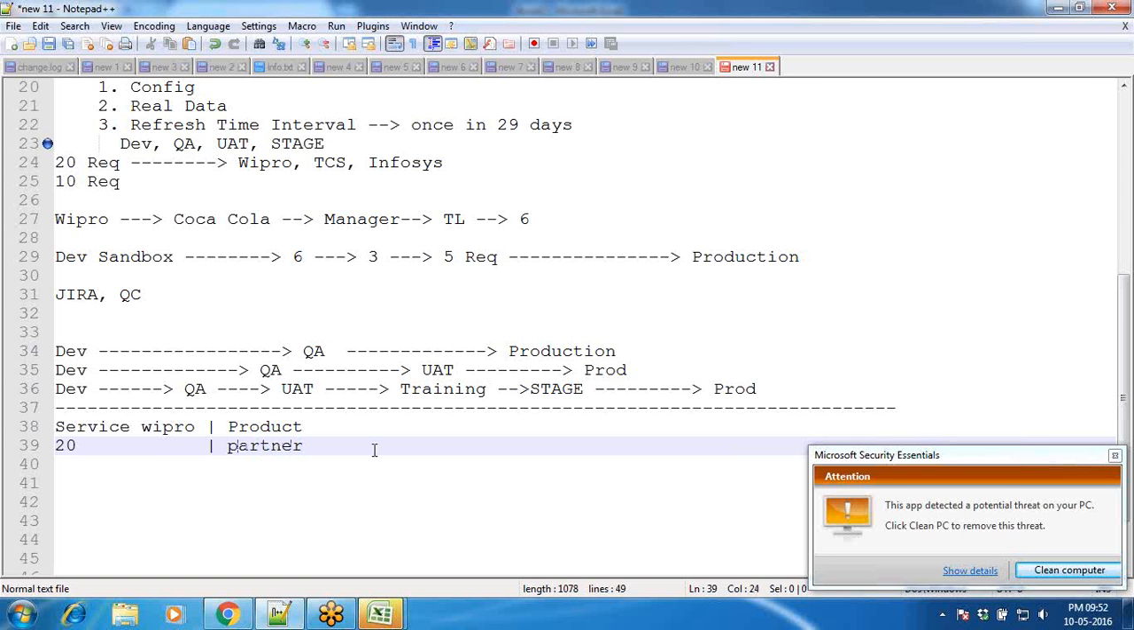Partner means they will take a partner type of license from Salesforce, so that they will get some developer environments. There they will develop the applications, right? Whatever applications they are developing, they are not developing to consume them. Their target is they will develop those applications and sell those applications to